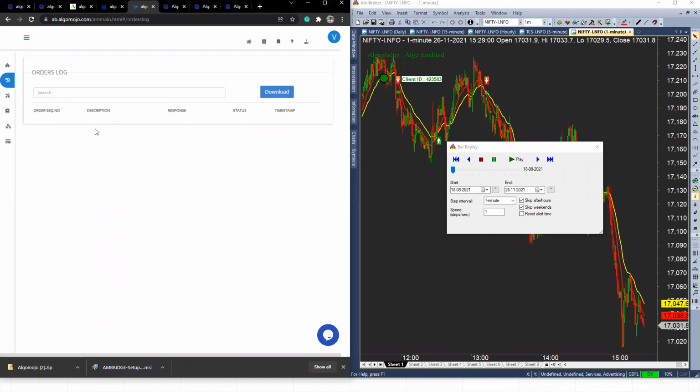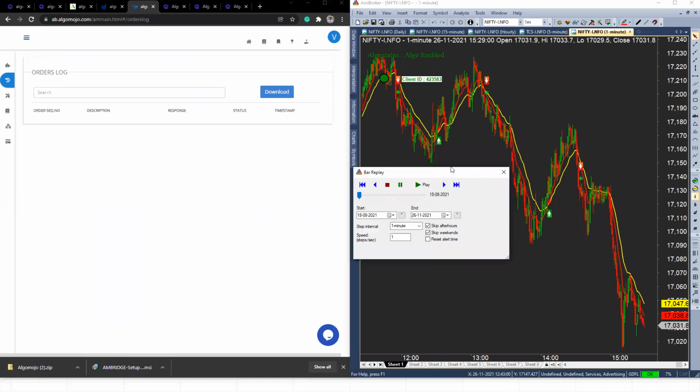I have the order log section over here, and on the right-hand side I have the AmiBroker bar replay. I'm going to do the bar replay for today's price action. If you want to do today's price action, there is a small setting you have to make. 26 is today's date, 26 Friday, and for the end day you have to make it tomorrow so that it runs today.